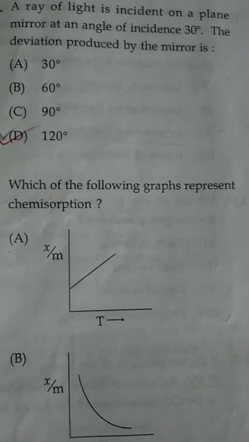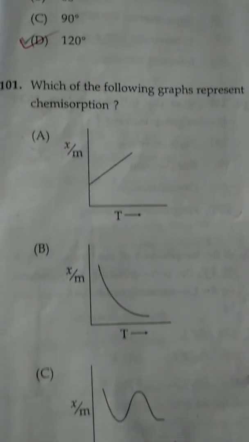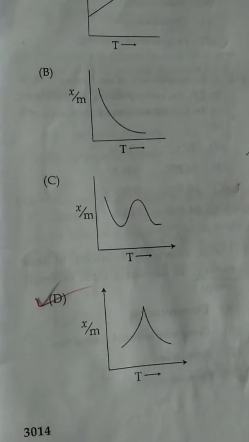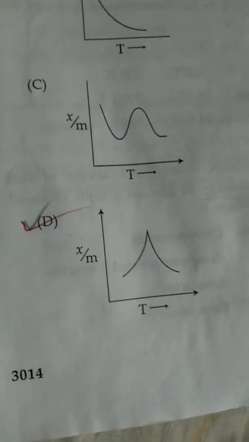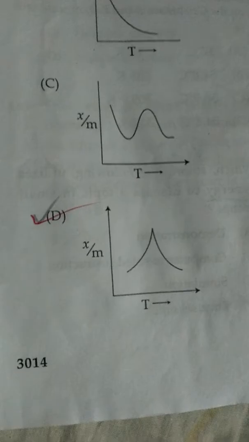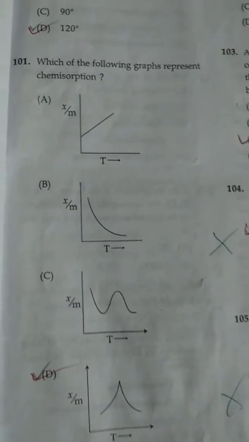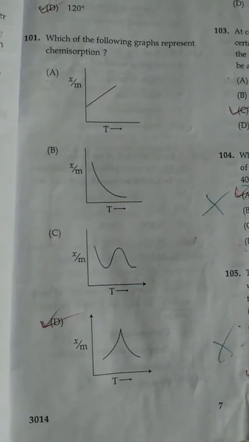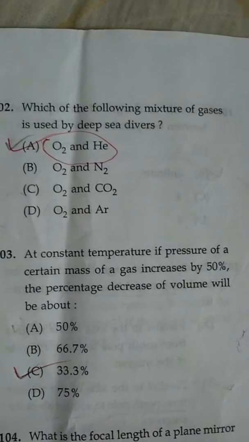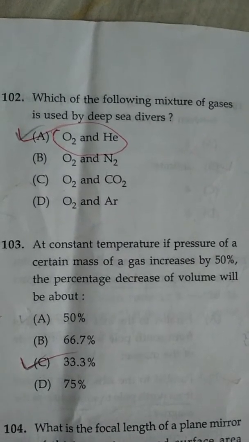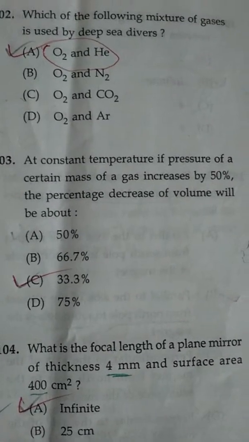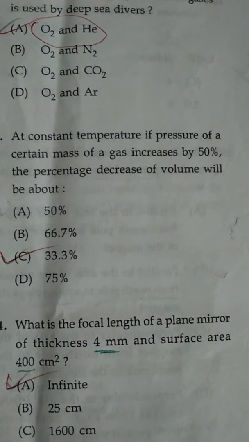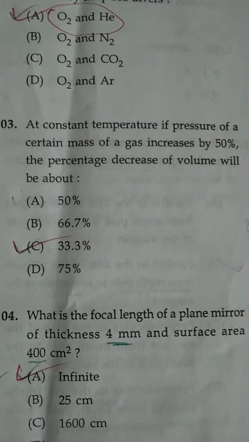Which of the following graphs represents Chemy's option? X by m versus T. Like a pyramid, it's the right answer for Chemy's option. Which of the following mixture of gases is used by deep sea divers? Oxygen and helium. At constant temperature, if pressure of a certain mass of a gas is increased by 50%, the percentage decrease of volume will be about